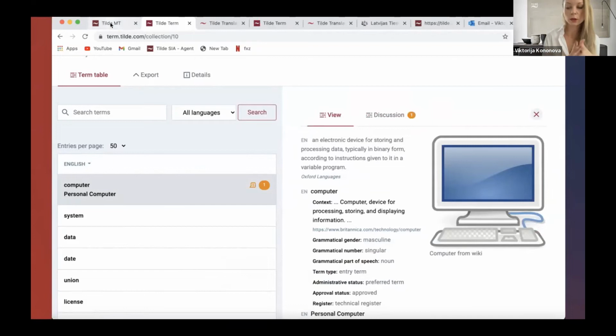Now, also an important feature that I need to mention is that here you can teach the system that in one specific language you would want this word computer to be translated one way, like a computer, and in a different language like English, American English, I would want to translate it as a PC, for example, as personal computer. So there's different tricks how you can integrate it into your translation workflow.